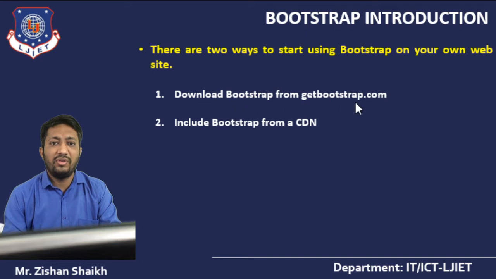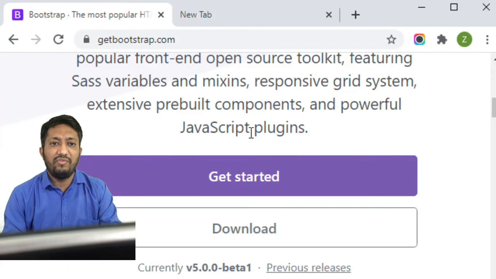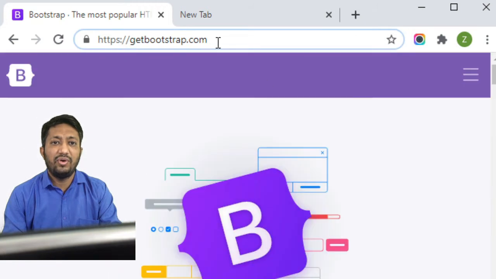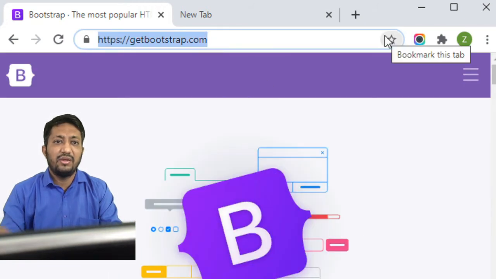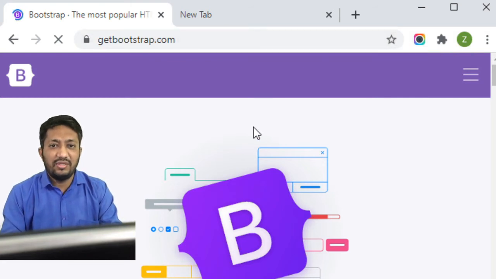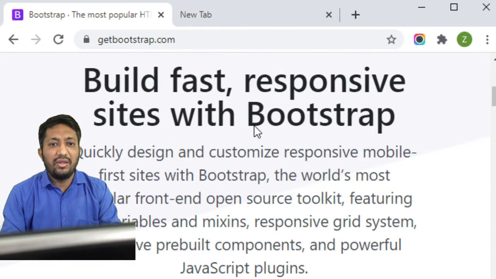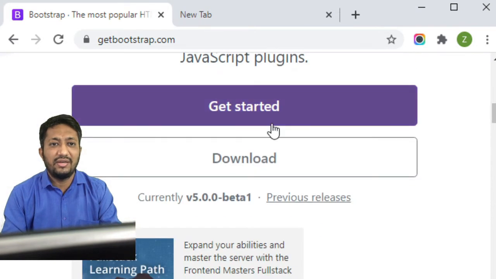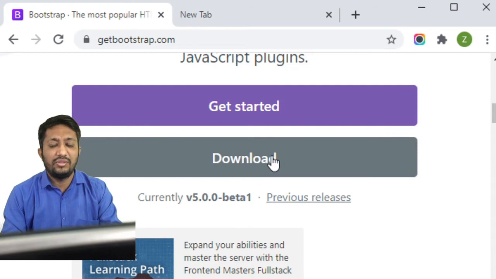First is downloading Bootstrap from the website. I am opening my web browser, and I have already opened the website getbootstrap.com. Whenever you enter https getbootstrap.com, you will get this website page. In that you see the Bootstrap introduction, get started, and download option.